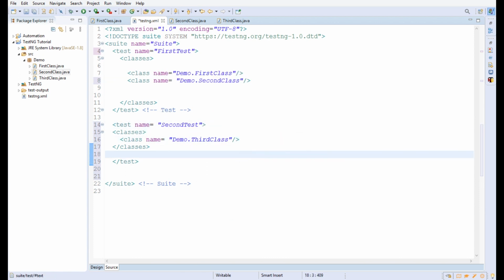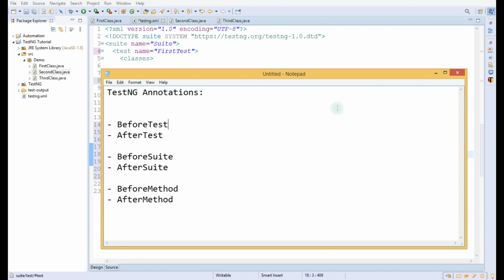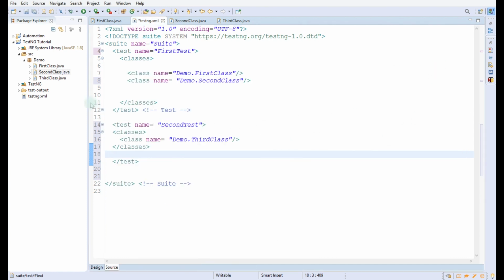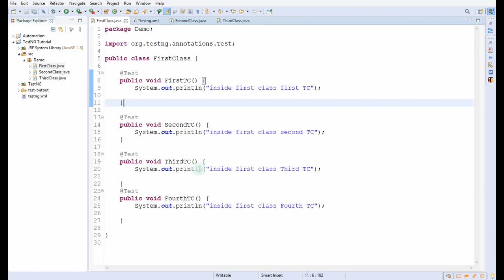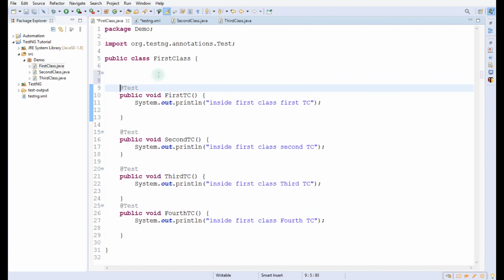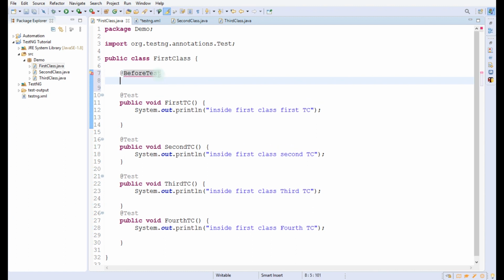So now let us understand the concept of before test and after test. First of all, I will write this before test here. Before test, and then we have to create a new method.